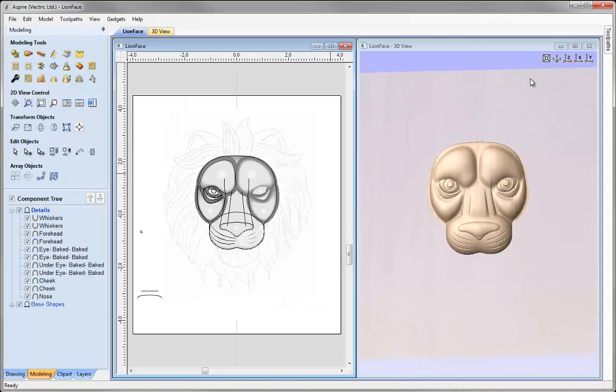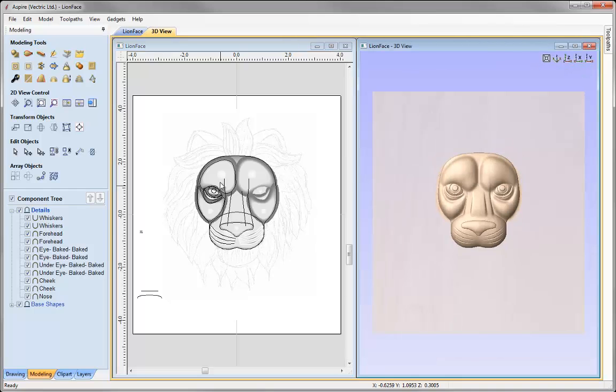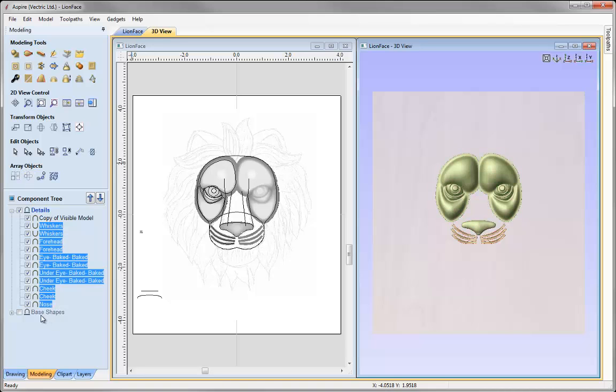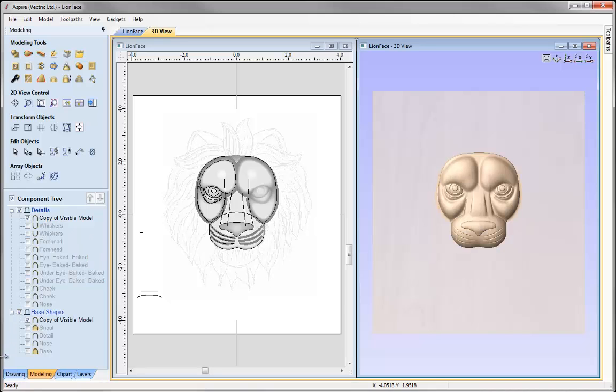I'm just going to zoom to fit and put this in Z. So what we need to do is tidy up the areas where this smooth filter had bled into the 0 plane. So before I do that, I'm just going to switch off the base shapes. What I'm going to do here is create a component from the visible model, and I'm going to take all of these individual components and just switch them off for now, and then we'll switch the base shapes back on. Okay, so now we've just got a copy of all of the details of the face,